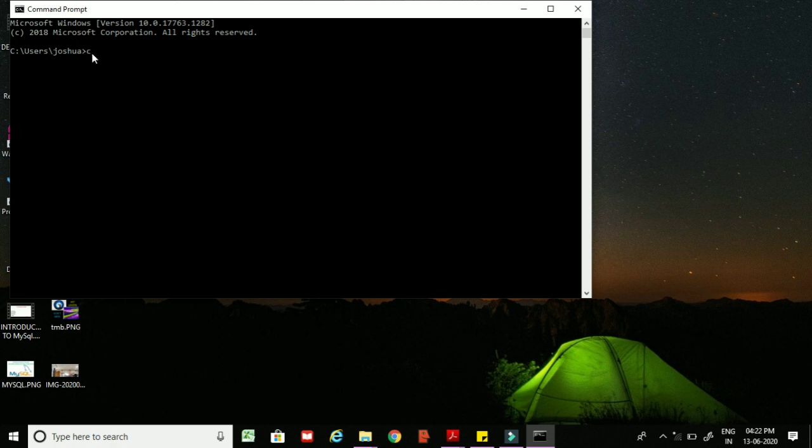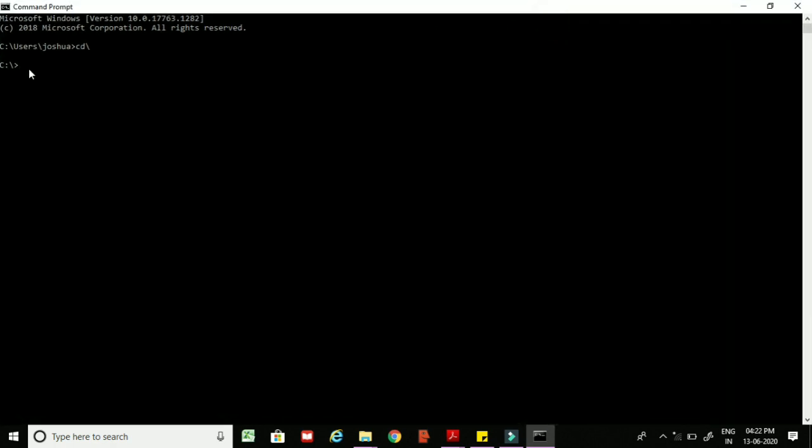First of all you have to change the directory to the C drive, because our software has been installed in the C drive. So I am typing cd backslash. Whenever I type cd backslash, immediately I have my command prompt at the C drive. Now we have to go to the directory where our WAMP server has been installed.